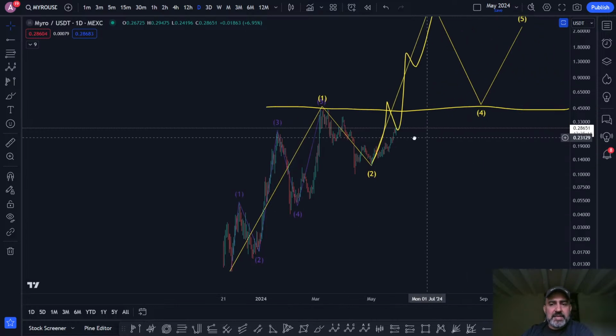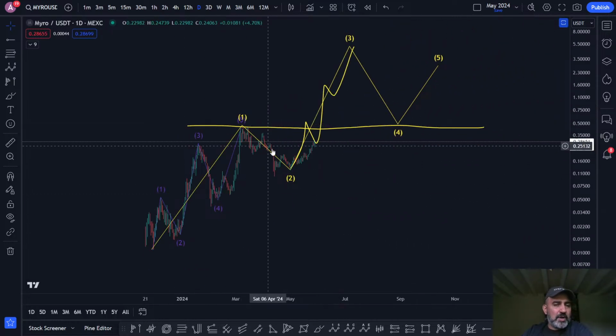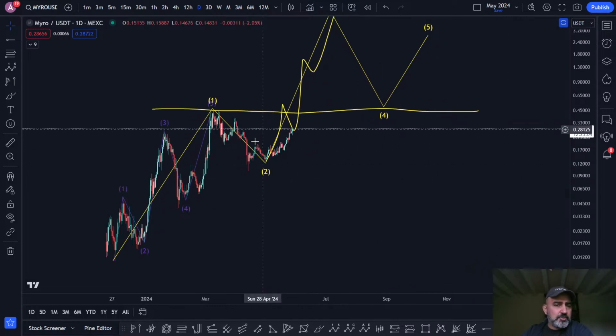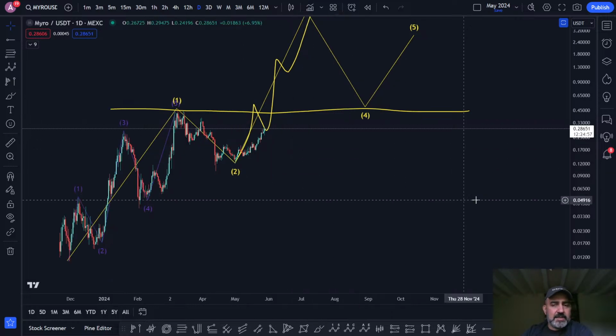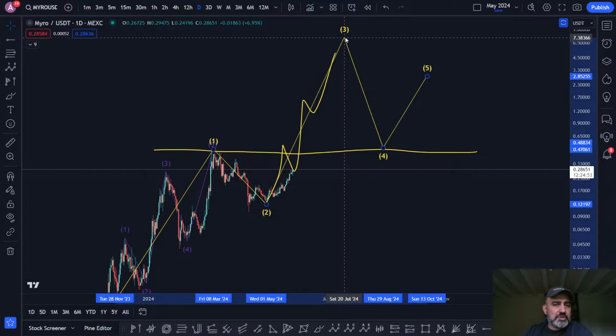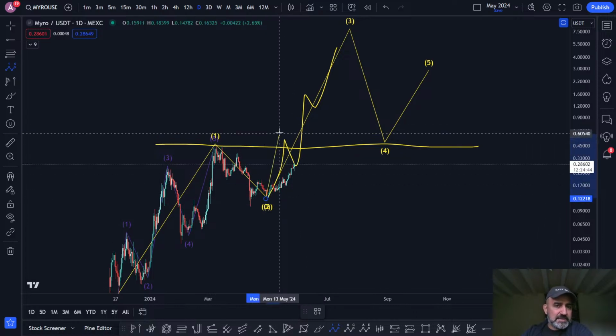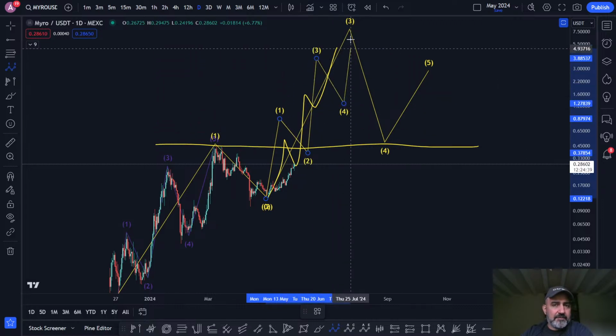And then the other thing to bear in mind is that once you have your first 5 impulses, that's your wave 1. Then you'll be looking for a corrective move, some kind of ABC to correct. And then you'll be looking for your next impulse. The next impulse, which is your wave 3, will also be 5 waves wherever it begins. I don't know when it started, I can't tell right now, but let's just say it's already started. Hypothetically, you'll be looking at 1, 2, 3, 4, 5.